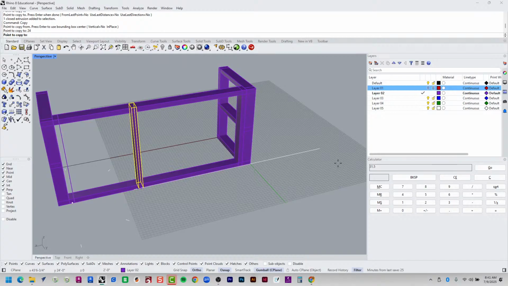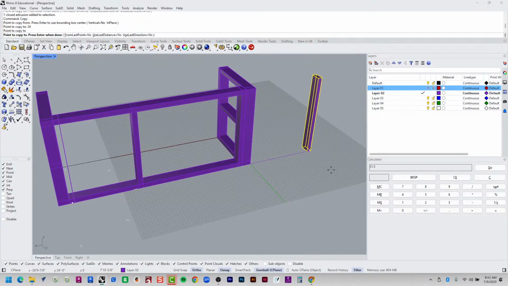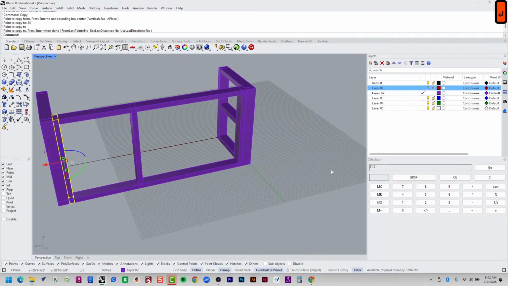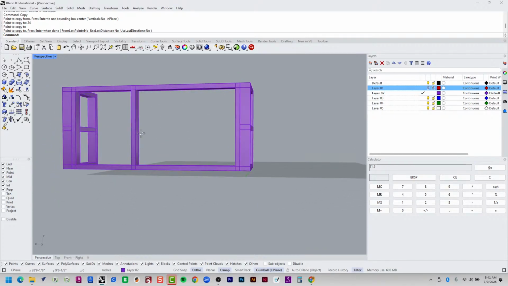If I like that, I can go ahead and click once, and it'll put that copy right there, 24 inches away. And I'm going to hit enter to end the command. I'm going to hit escape 2 times to make sure I'm done with the command and have everything deselected. Looks like I need at least one more